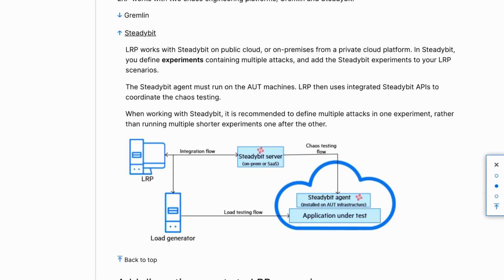And Steadybit works with LoadRunner Professional on either public cloud or an on-prem environment, and you can define these chaos experiments which will run against the applications under test, and you're able to inject this chaos to find out just exactly how resilient your application is, and you get additional metrics out of the load test.